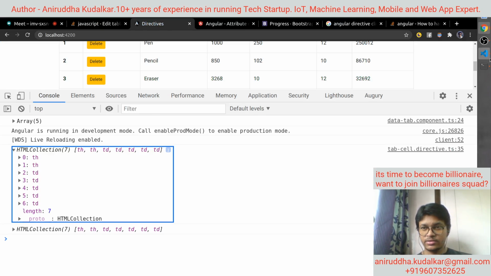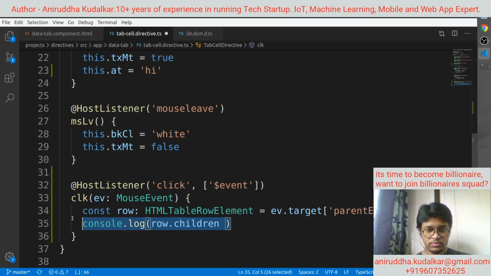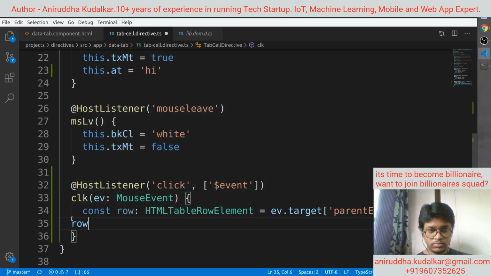This is the array we are having. Row dot